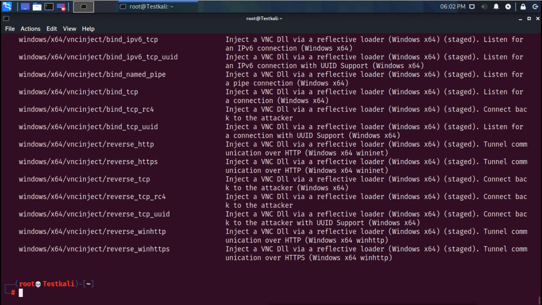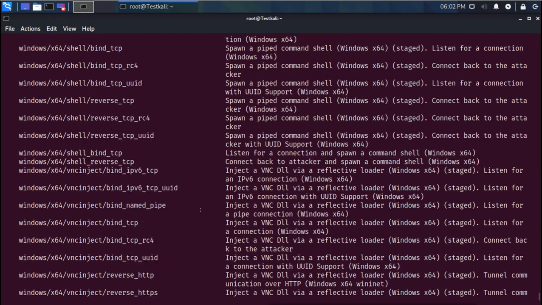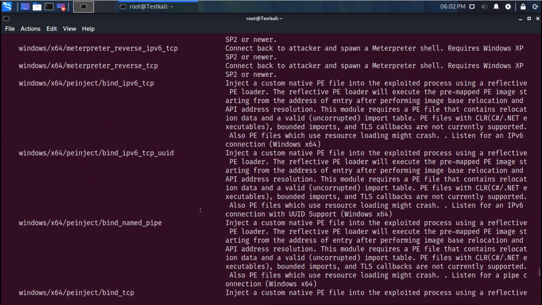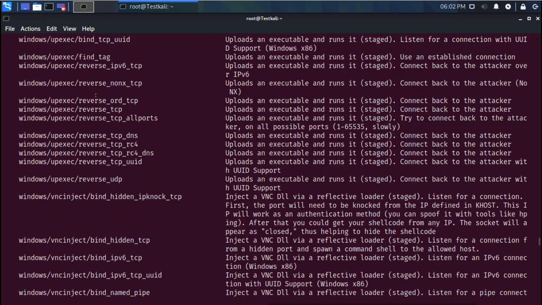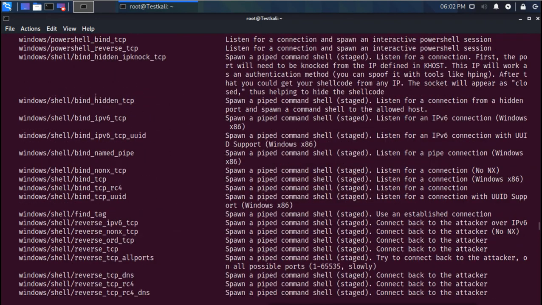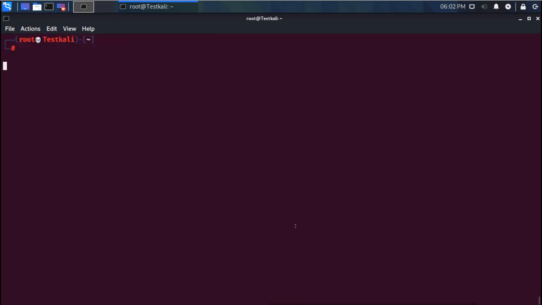These are all the payloads we have. These are all for Windows. Now I just want to see the payloads for Android. So I will do the filtering here, I will give a pipe and I will grep only Android. Like, I want to see only where it is written Android.